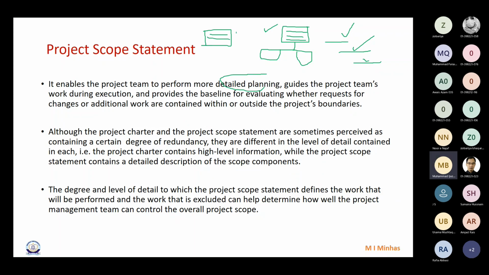We don't go into detail, but in case of scope statement, we go into detail of that scope, and we prepare a detailed scope statement. Now let me give you the difference. For example,